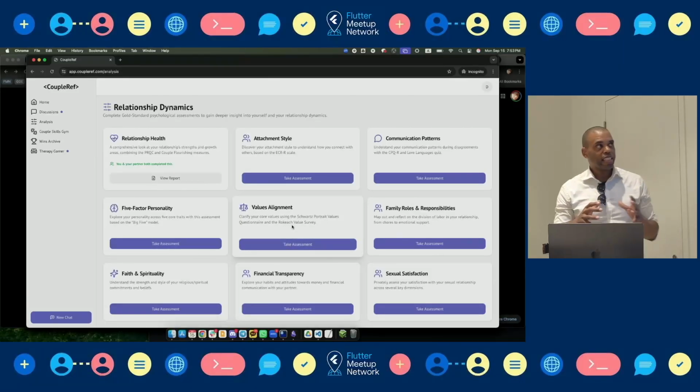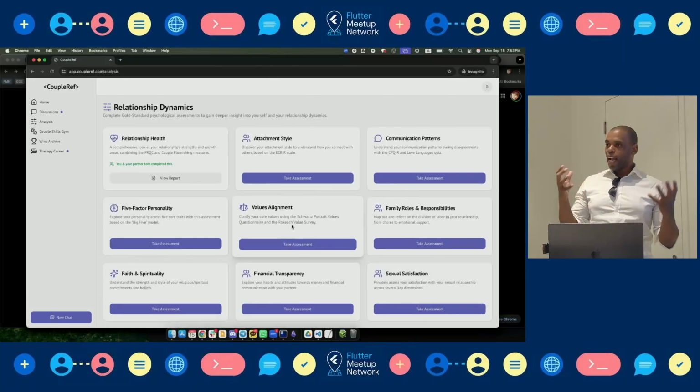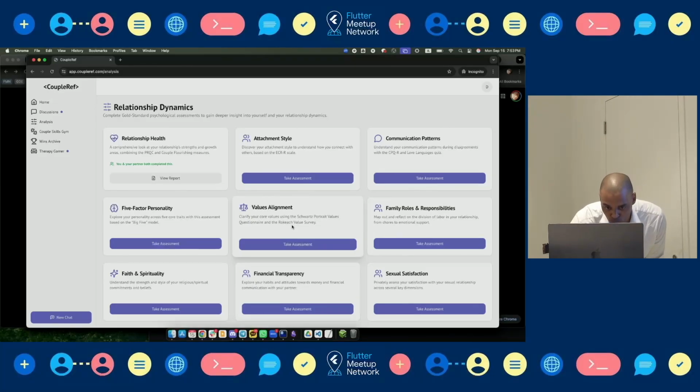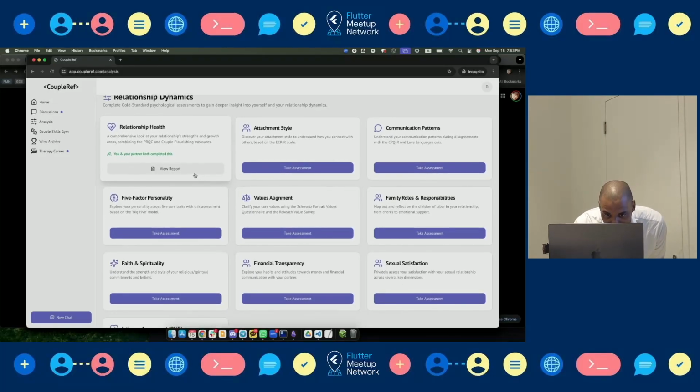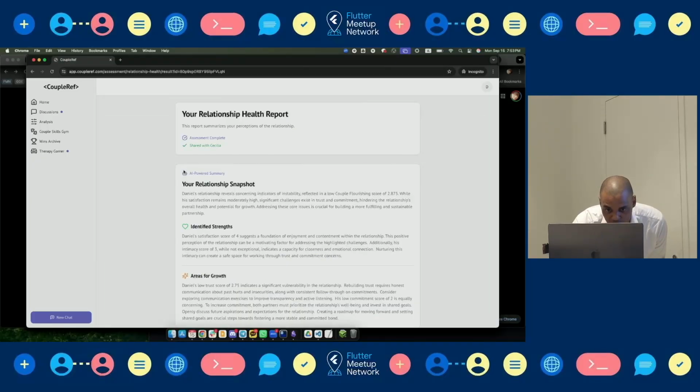What I've done is I've taken gold standard psychological assessments, and these are the same tests your psychologist will use, with very statistical scoring methods, and use those so that a couple can then take these same kind of assessments and then the AI can use that to build a profile of them and give them very personalized advice.